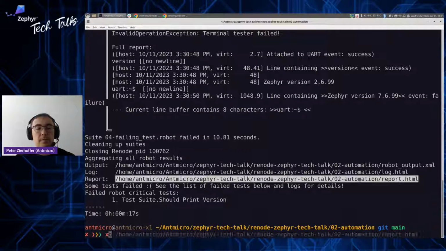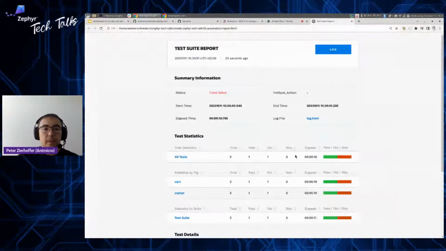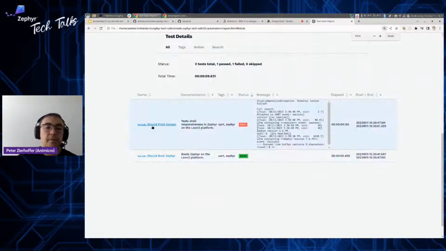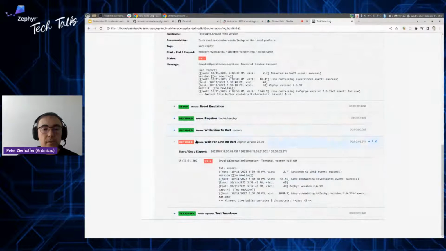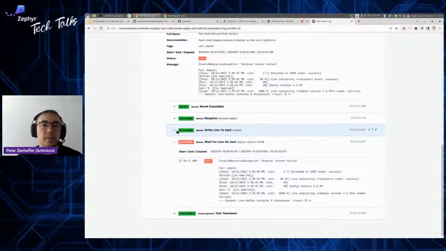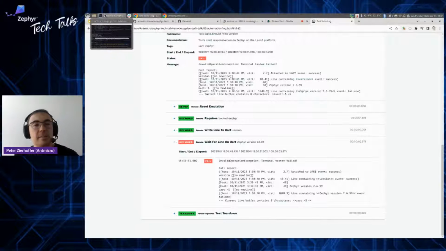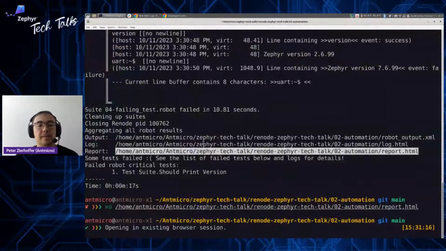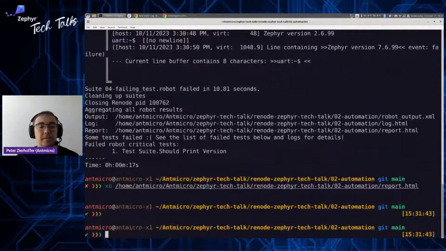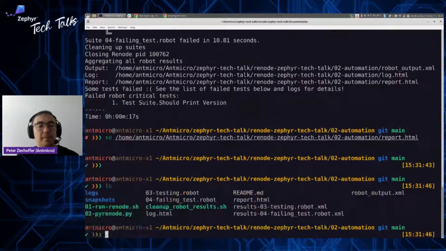But what you can do is open the report, which is a very nice HTML generated summary of all the tests that you have run with all the details of the keywords. This is a feature of Robot itself, but we use it very often, and it's super useful to analyze your failed tests. As I mentioned, one of the features of a good test is that it gives you some knowledge about what happened and allows you to reason about